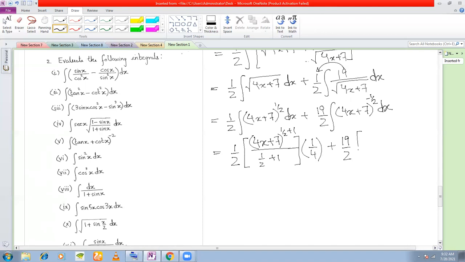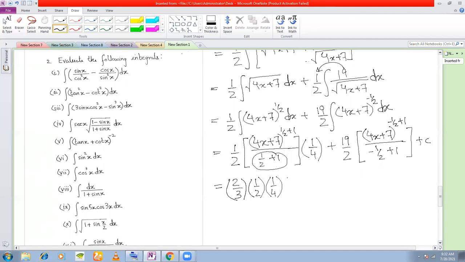And here the integration is 4x plus 7 to the power of minus half plus 1 by minus half plus 1, plus c, which is equal to, now you simplify this in the denominator here. If you take the LCM, you get 3 by 2. So this becomes 2/3 into half into 1/4, 4x plus 7 to the power of 3 by 2